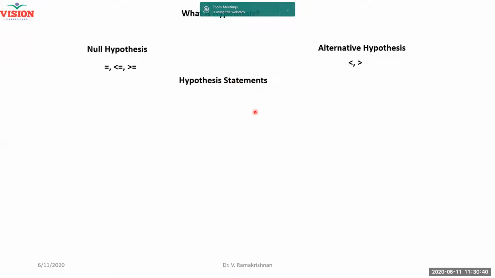Now, hypothesis statements, I'll give an example here. Mean marks of a class is 70. As a teacher, you can claim that the mean mark, that is, the average of all your students, is 70 marks in your subject. This is a null hypothesis statement. It is your claim, right? Now, what will they say? Some parents will come and say all students are very great. Or your headmaster will try to tell somebody else, no, the mean mark is more than 75. She is a poor teacher, but the students are very good. Students have outperformed the teaching. They can say this is an alternative hypothesis statement, greater than. Here it is equal to.